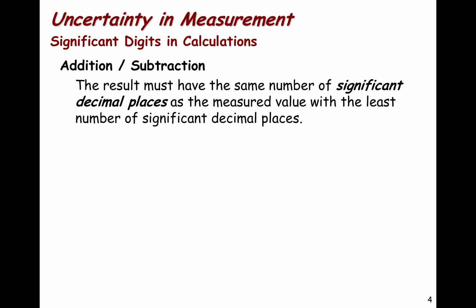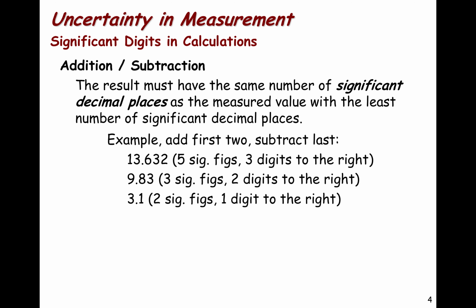The second rule for dealing with calculations involves additions and subtractions. In this case, we have to compare decimal places, and the estimated value that is in common with the two numbers is the one that determines the number of significant digits in the answer. So, if we want to do an example where we add the first two and subtract the last two numbers that we have here,